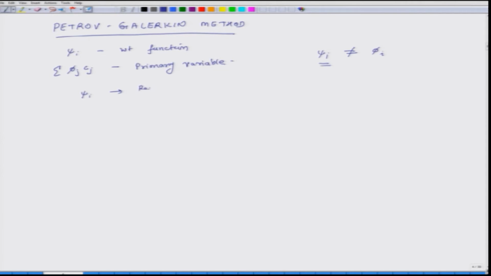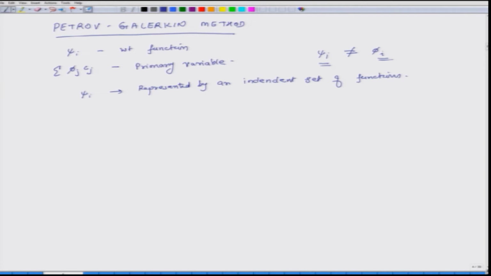So what that means is that these psi's are represented by an independent set of functions, and there is no restriction in terms of whether it has to meet the boundary conditions or not. Okay. So you may want to pick a function which meets the boundary condition, that is fine, or if it does not meet, that is fine also, but it should not be from this set of phis. So that is the Petrov-Galerkin method.